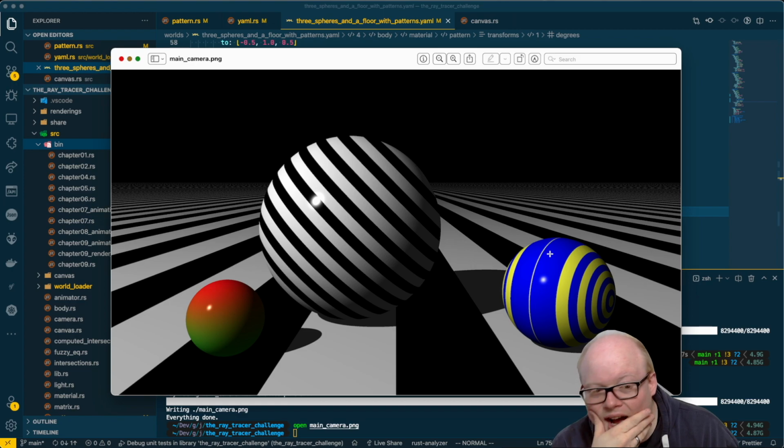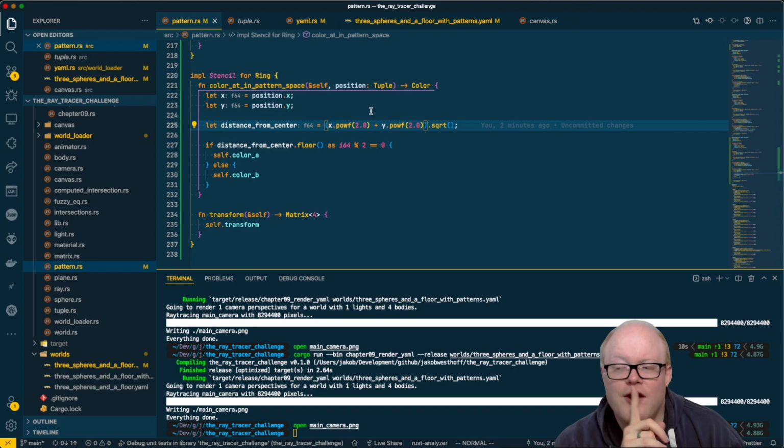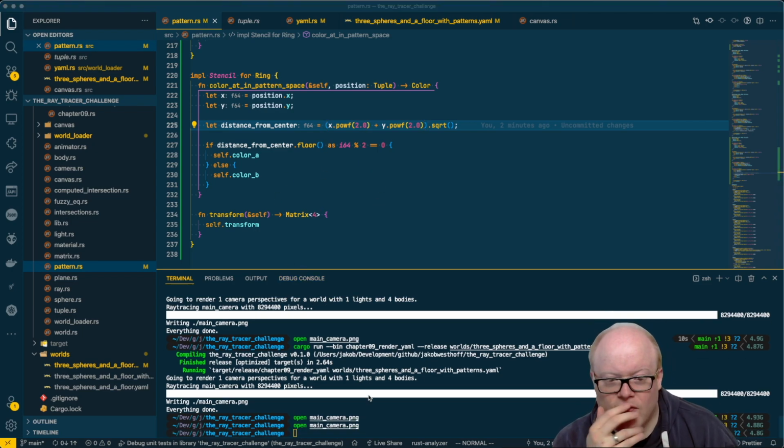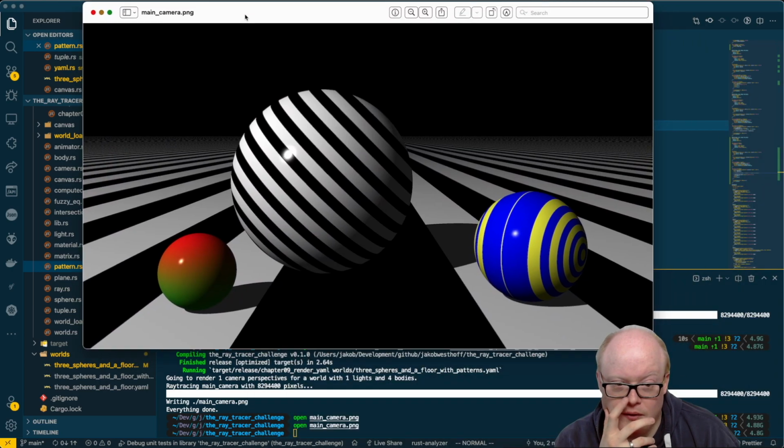Even though I'm not 100% sure if this isn't what we programmed. Maybe we want to take into consideration the z value as well. And no, actually this is working as expected. What we saw here is kind of the innermost